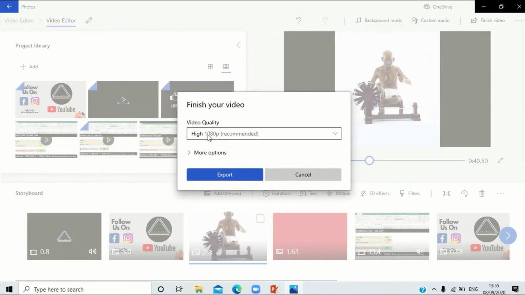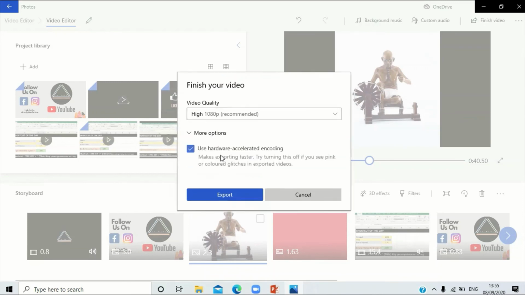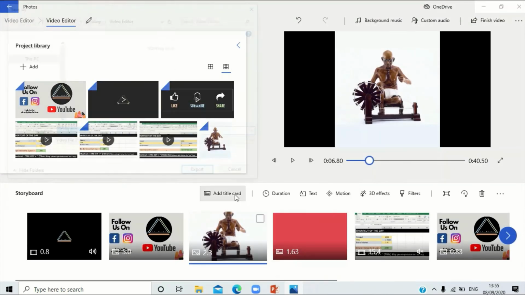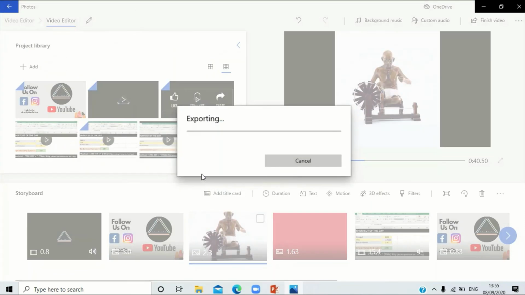Now when I click on finish video, you can see the quality that I've been talking about since the start. The high quality is recommended, and you also have more options, but that isn't really a problem. You can have it turned on and you can just export it. Now I'll be exporting the file in my video editor folder only. So I'll just click on export.